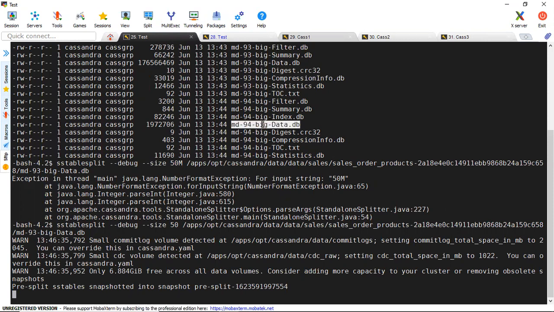No. The minimum size for the split to work is 50 MB. So if your SS table size is less than 50 MB, you cannot split it. Because now we have an SS table of 169 MB, it is possible to split it. If it is 45, 30, 28 MB or 5 MB, you cannot split that SS table.